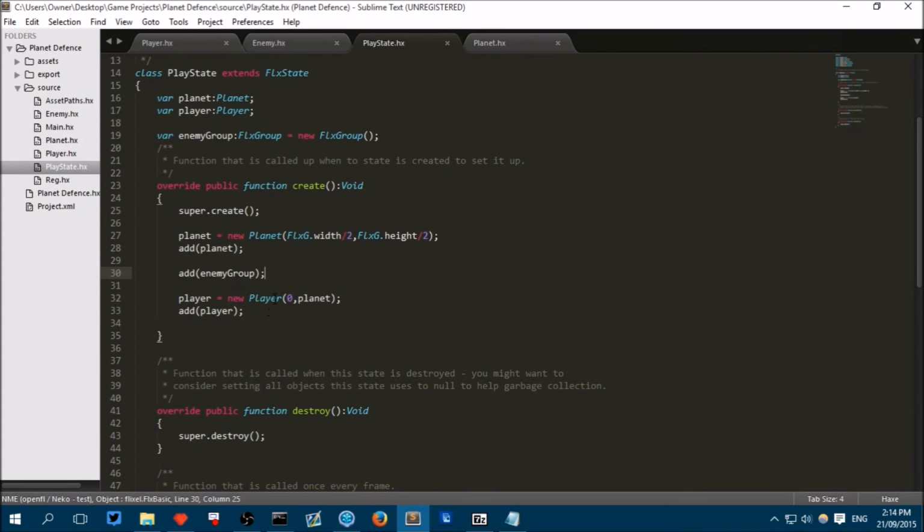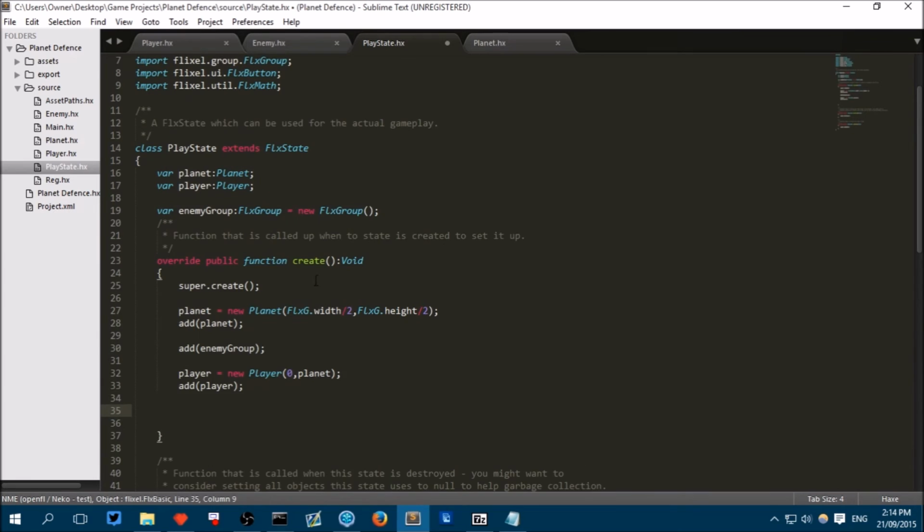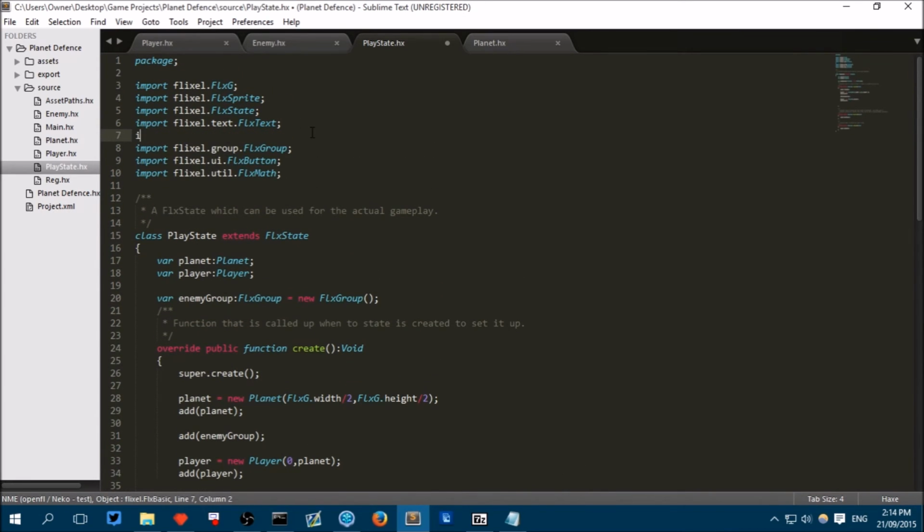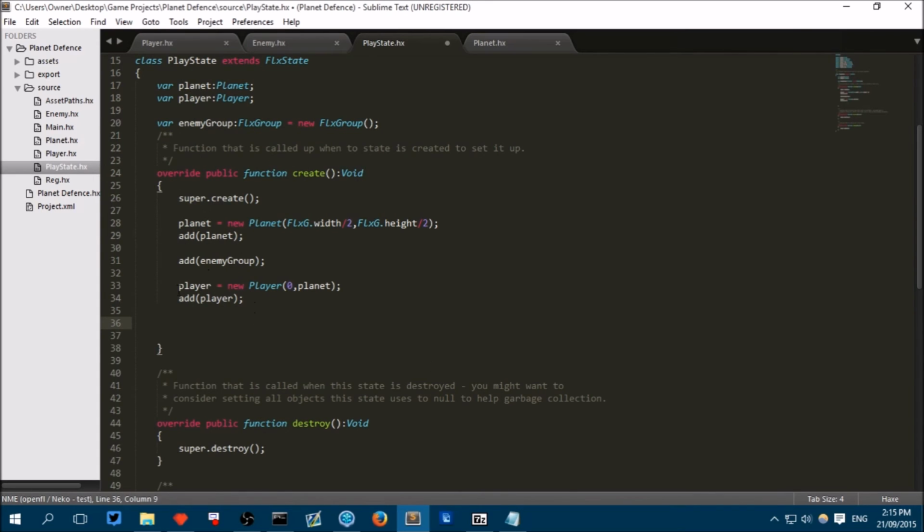So now what we want to do is create a timer that will put new enemies around the outside of our planet randomly. So to do that, let's just create a new FlxTimer. Because this is obviously something we haven't done in this tutorial before, just write import flixel.util.FlxTimer, just like that. Now we can use timers in our code. So underneath everything else in your create method in the PlayState file, just put new FlxTimer,